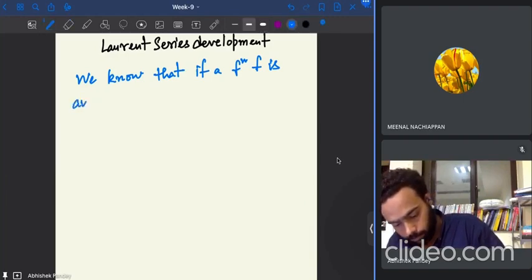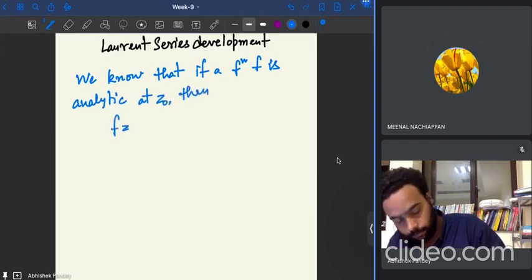f is analytic at z naught. So then basically f(z) can be written as,